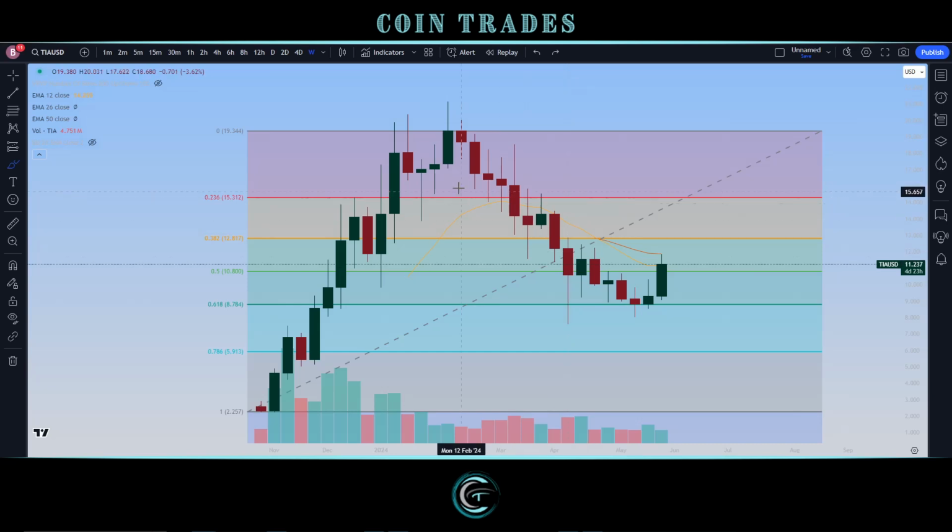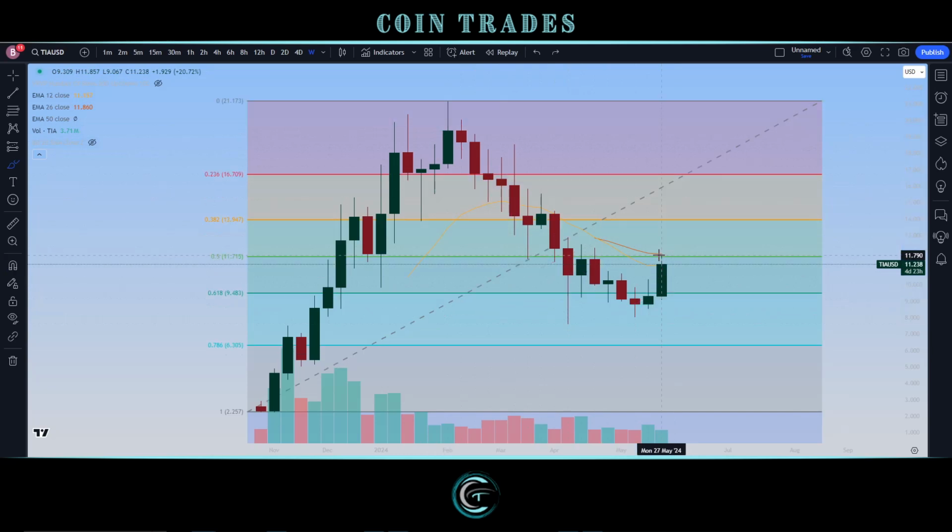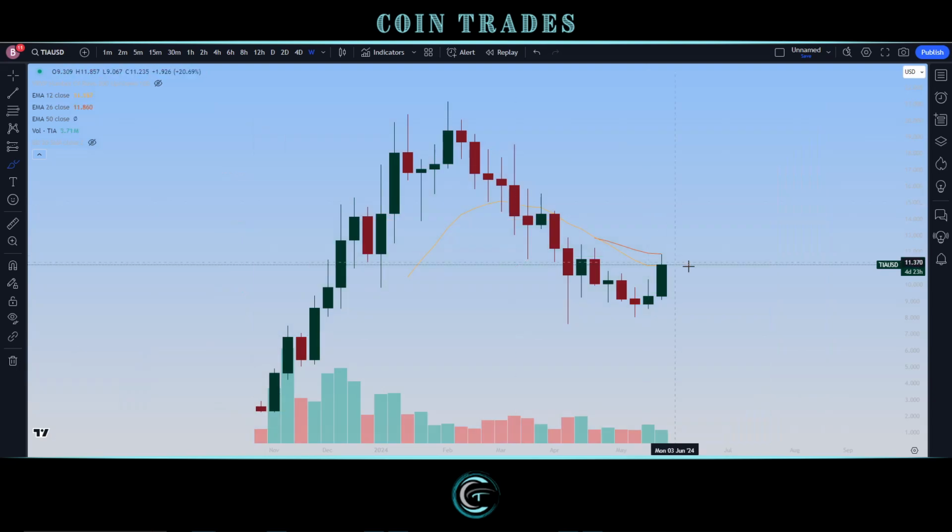Still a very nice setup here, especially since we were looking at pretty much a very stereotypical double bottom type pattern forming and playing out here. So it is pretty much going to be a very big, important thing to break above this resistance zone. Otherwise, we will be looking at seeing rejection and probably a little bit of consolidation before likely another retracement and